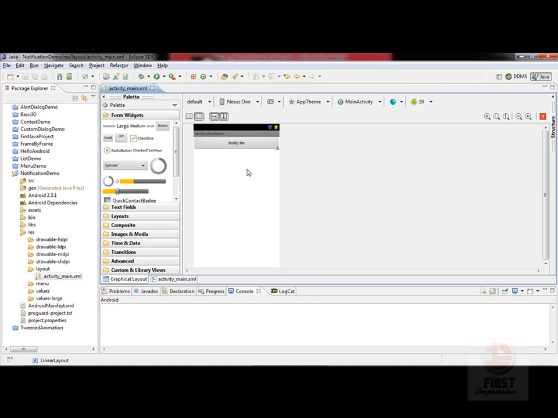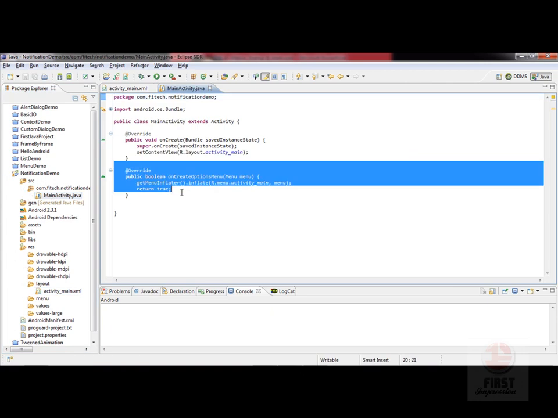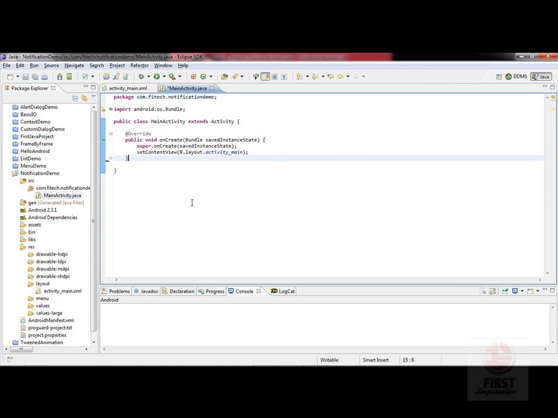It's very simple. Let's go to the source folder. Inside this, go to the package, the main activity, remove the menu option, and step 1, get the reference of the controls.